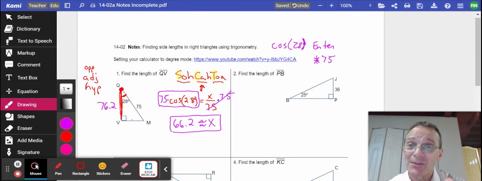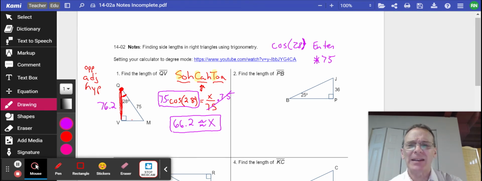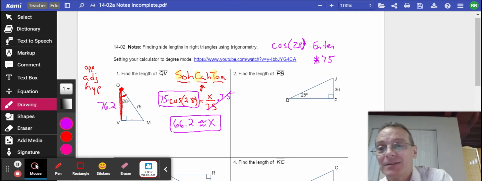We've been told that the hypotenuse is 75, right? The hypotenuse is always the longest side in the triangle, right? So QV cannot possibly be more than 75. It's got to be less than 75. You get anything bigger than 75, you know you made a mistake, okay? And if you get an answer like 0.46,